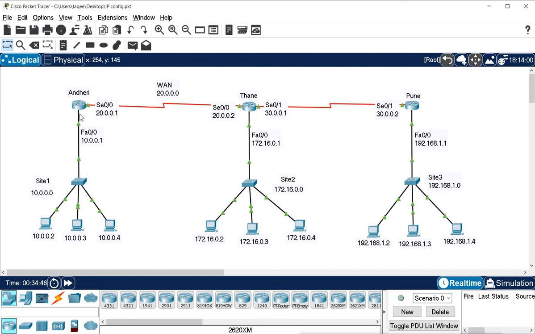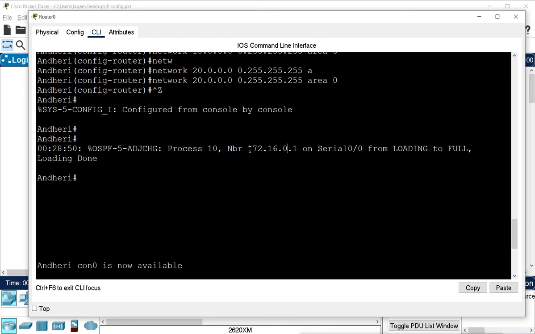Actually this is not the IP of the neighbor, it is the neighbor ID. Remember, it is not showing the IP of the neighbor, it is showing the neighbor ID. It is a different thing. It is actually an IP address of the neighbor, but it is considered as a neighbor ID.